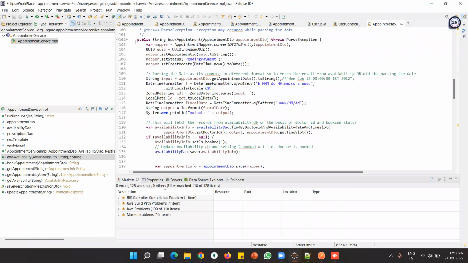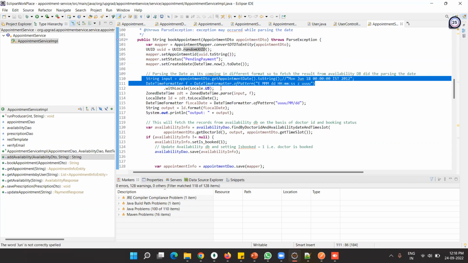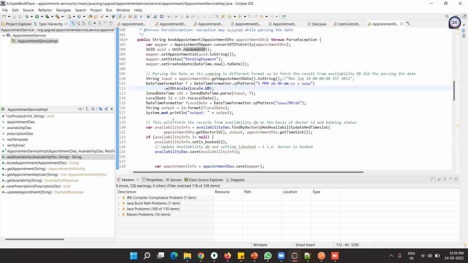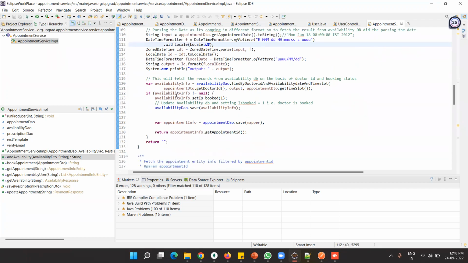So it's a book appointment type. I am converting the DTO into the mapper and generating a random UUID to put into the appointment ID. It's a unique ID which is going to be generated every time a new request comes in. Then the status. It's a time zone functionality. Yeah, this one. The DAO,